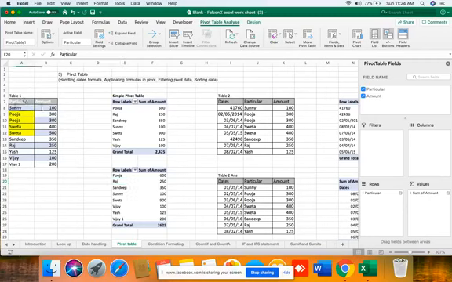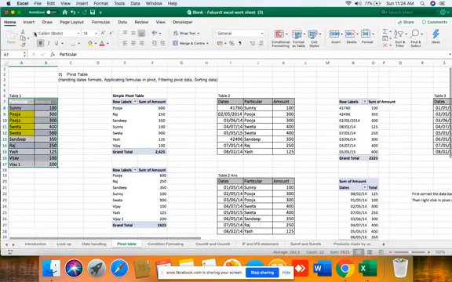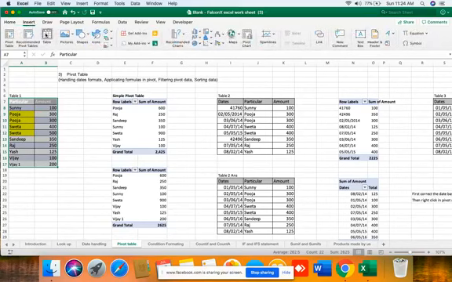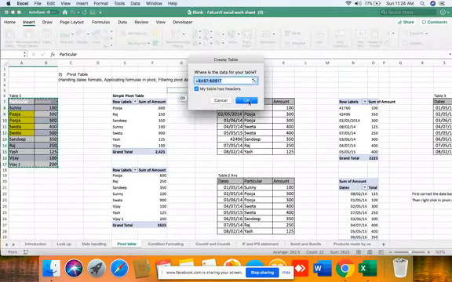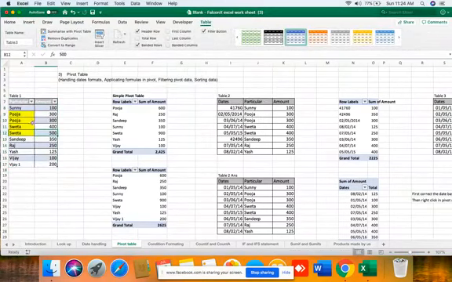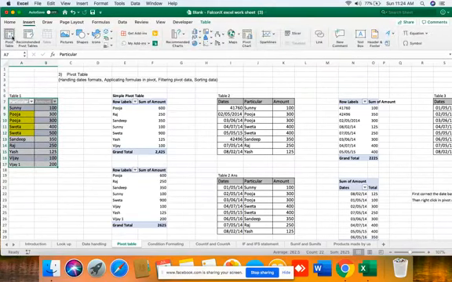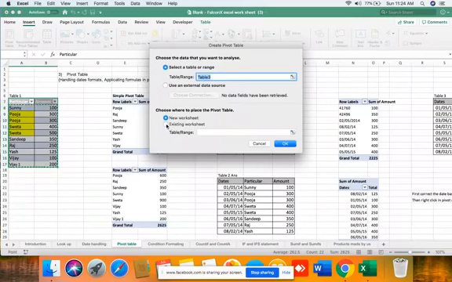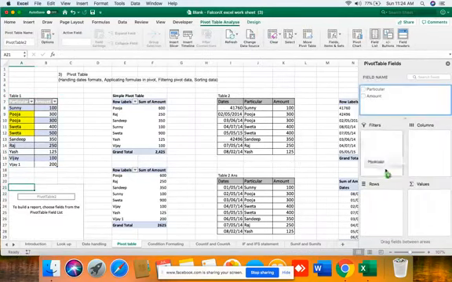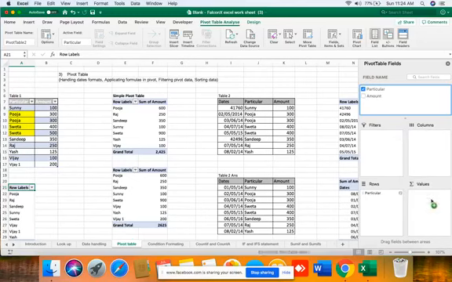So what you can do is put the raw data in an Excel table: insert Excel table, my table has headers. Now let's put a pivot table again, particulars, amount.